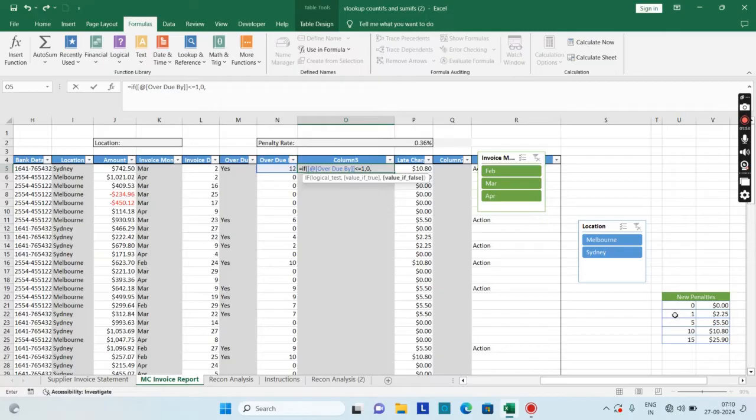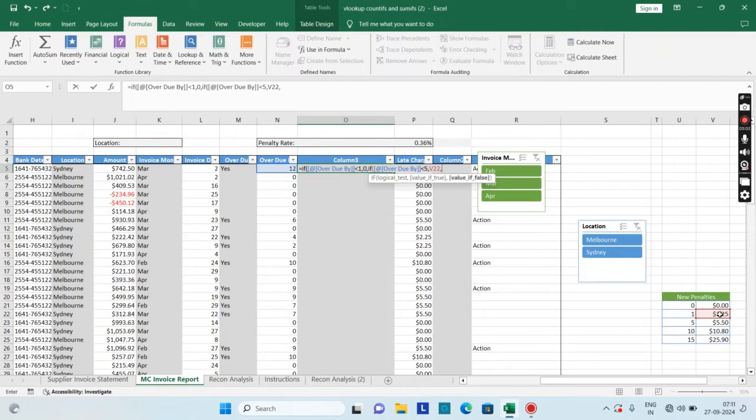Otherwise, for the false case, again we use another if statement. Now write the second if inside this. Again the logical test is overdue by. Now go to the second case. I have to remove this equal to 1. If it is less than 1, then I want penalty of 0. If it is less than 5, then I want a penalty of 2.25,